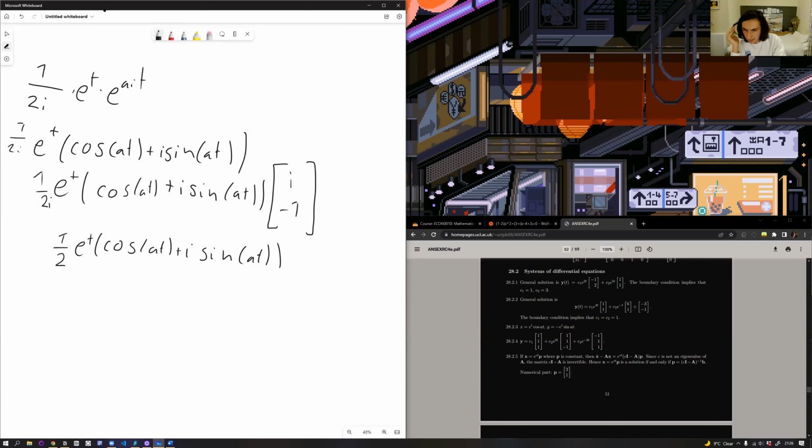Do I expand this? Because if I times by within that, but then the i, can I times everything by the i, it just cancels it all? Okay, I'm going to go from here. And then for the next part, you would have the same thing, except you've got negative i, which makes it negative there. So you would have 1 over 2i e to the power of t cos at, negative i sine at, times by